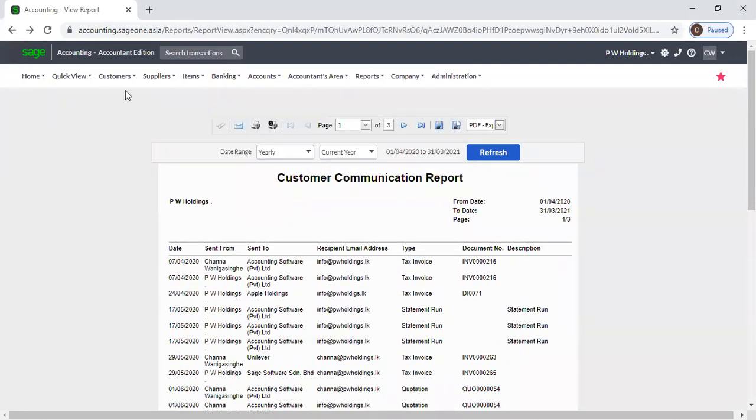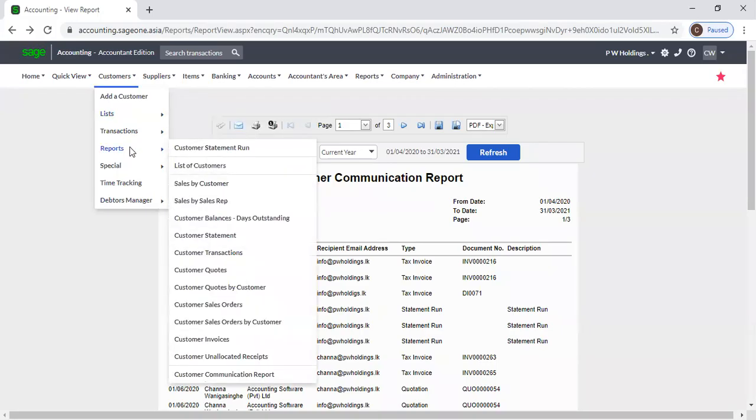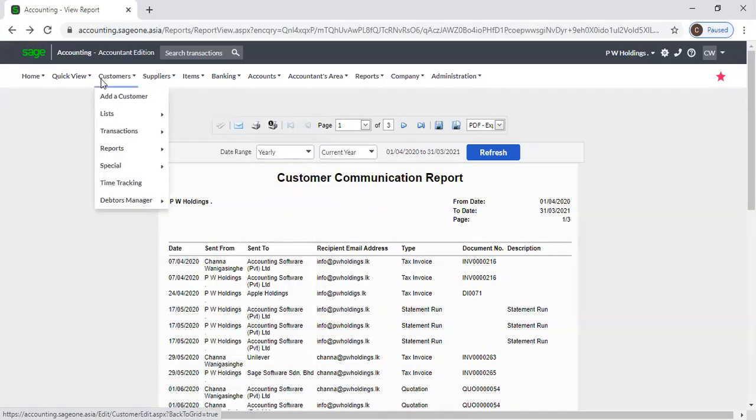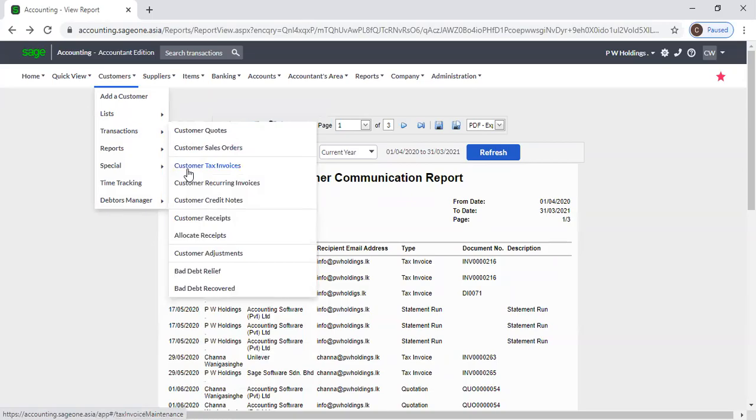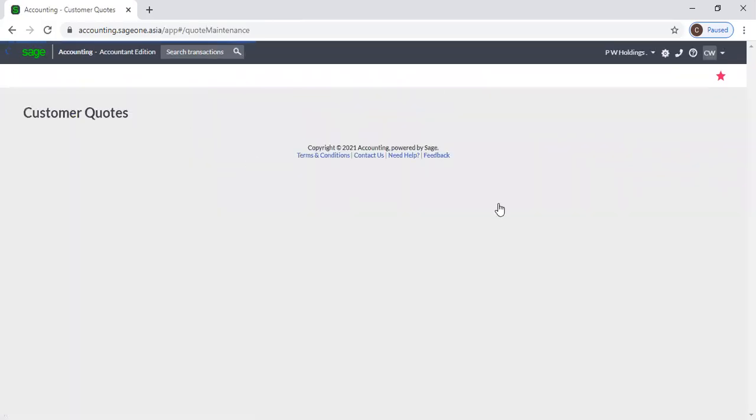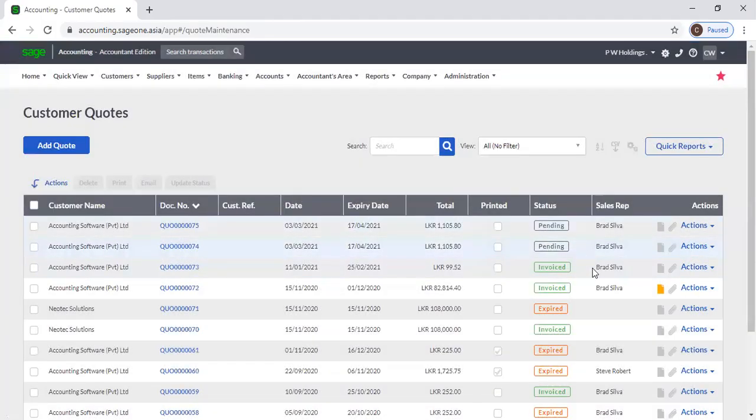Okay, and now from reports, we can generate that customer calls report, customer sales orders report, and customer invoices report. In addition, you can go to transactions, and for an example, customer quotations. If you want to generate a list, you can generate the list from here also. In addition to that,